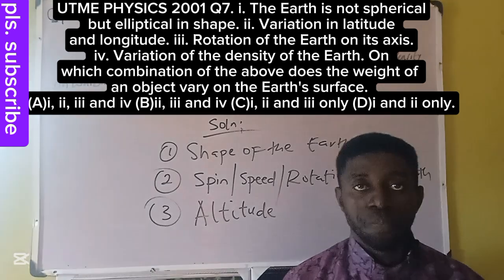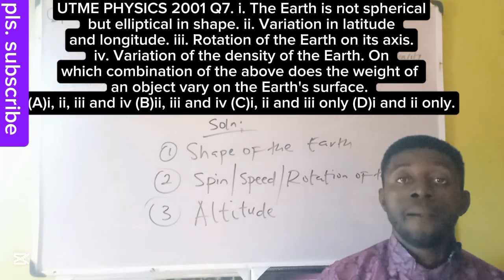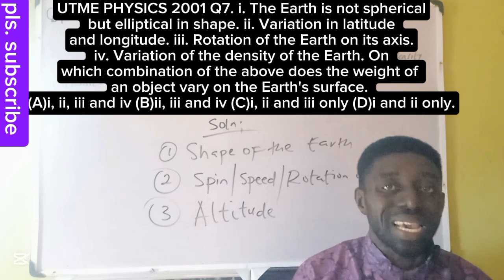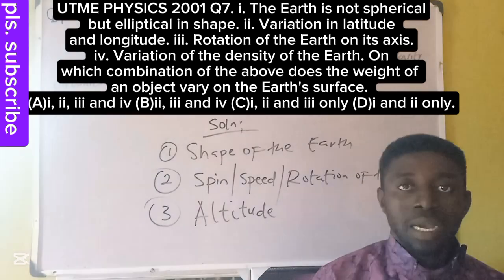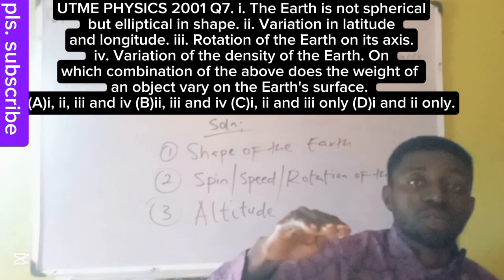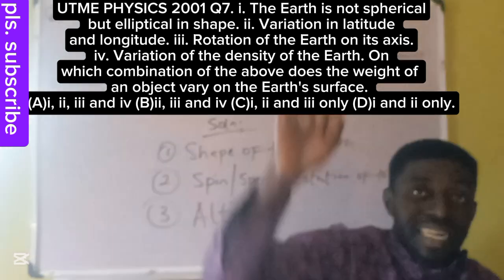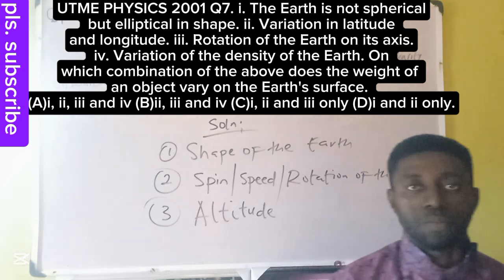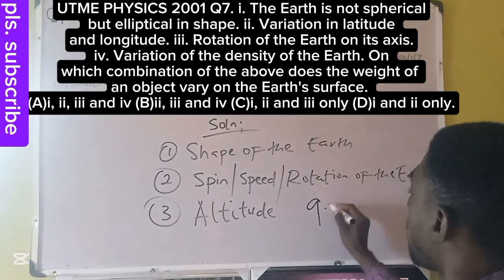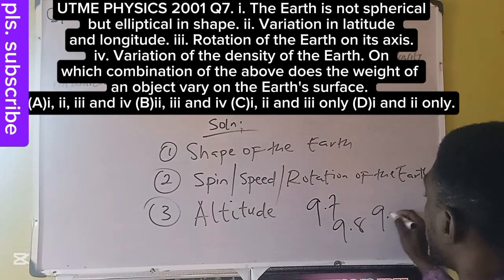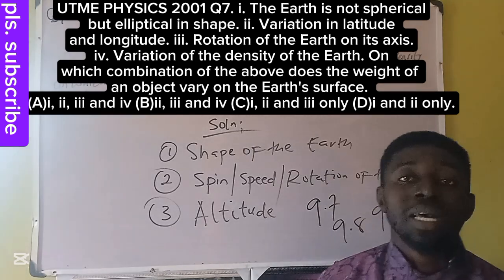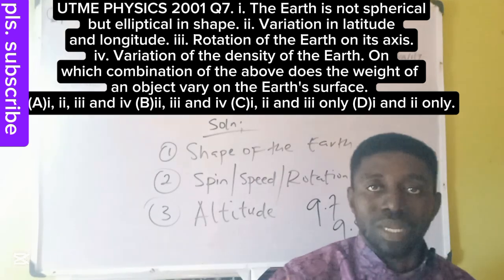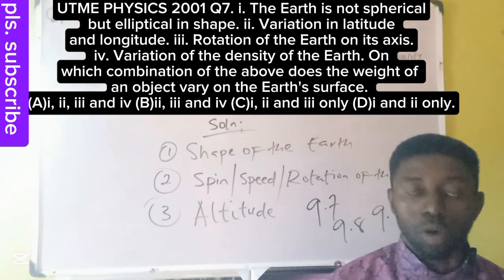Then altitude. We've said before that g is constant, 10 meters per second square, but it varies slightly. When we say altitude, we mean heights. There are heights that will vary it a bit, but just negligible variation, where we may have 9.7, 9.8, 9.9, approximately everything will give you 10 meters per second square. So altitude can vary it. Why is it possible? Recall,